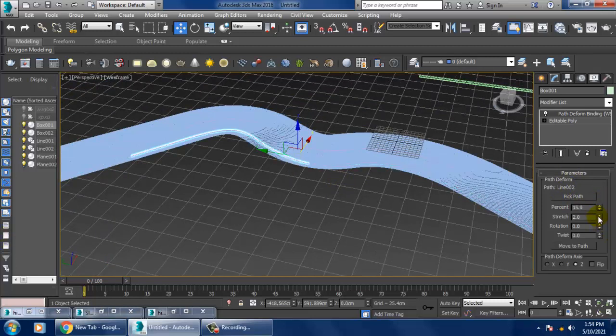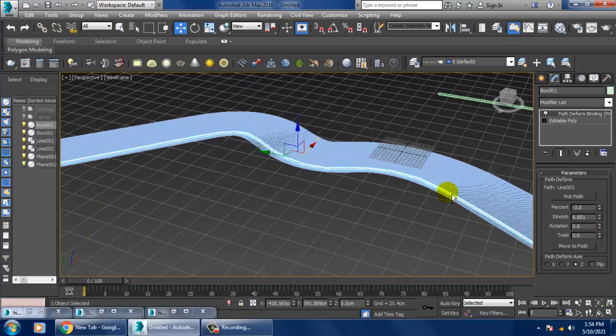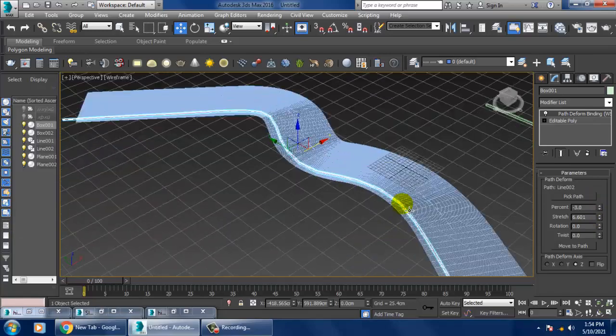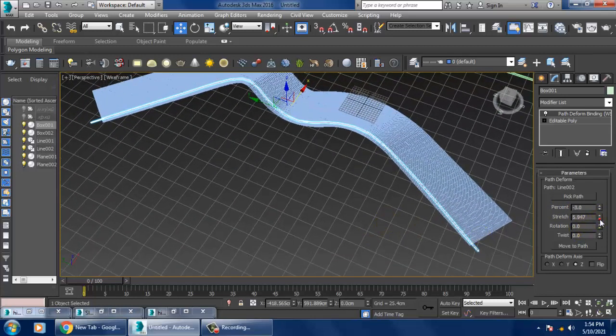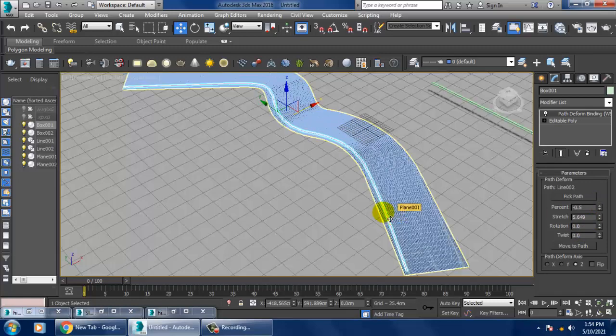So just stretch. Stretch it. So just reduce the stretch. Okay, now looks much better over here.